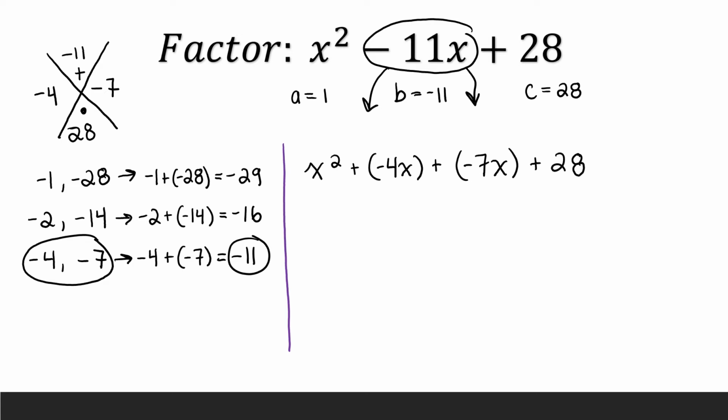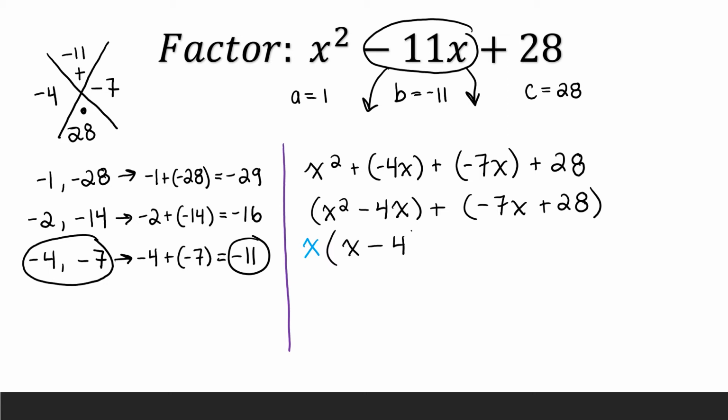Now that we have four terms, we can use the grouping method. So we have the group x squared minus 4x plus negative 7x plus 28. And we can factor the greatest common factor out of each group. So for our first group, we'll factor out x. So we have x times x minus 4. And for our second group, we can factor out 7. So we have 7 times x,